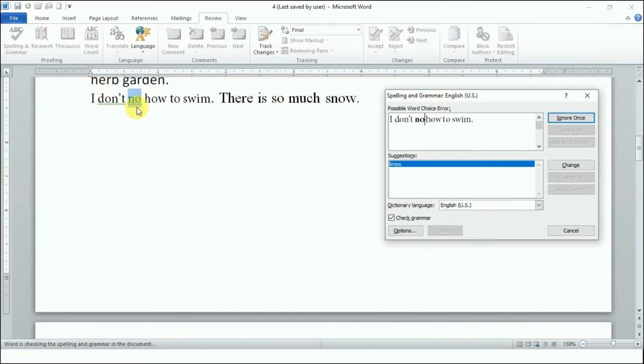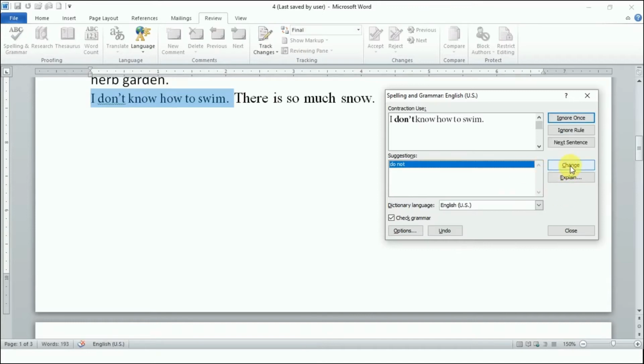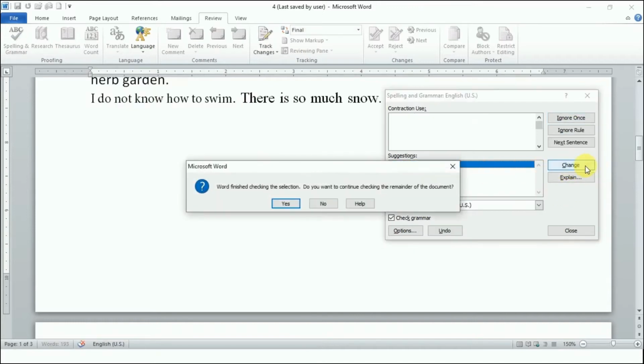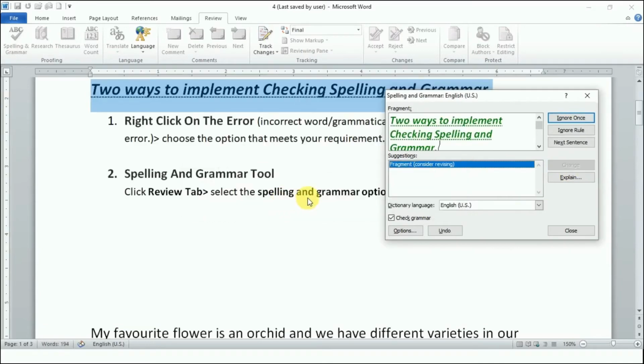I don't know. Here KNOW, know is the correct word which should be used, but I have written no. That's how this blue line was indicated. Contextual error: the word itself is correct but it is used at the wrong place. So I'll change it. Do not is suggested.